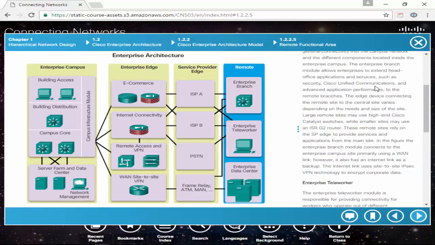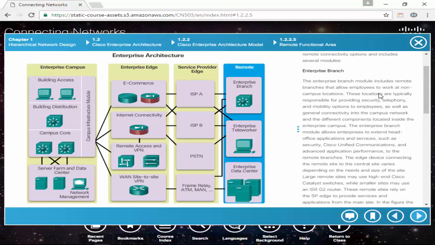Enterprise branch. The Enterprise branch module includes remote branches that allow employees to work at non-campus locations. These locations are typically responsible for providing security, telephony, and mobility. Alright, so we have enterprise branches where we form a VPN called a site-to-site VPN. We will talk about that later. We have teleworkers that just use a VPN program to form a VPN from their home. And we have an off-site enterprise that probably is going through our enterprise branch site-to-site VPN, or this could be cloud access or whatever we want. Okay,